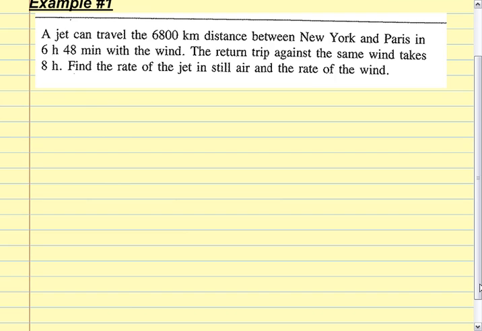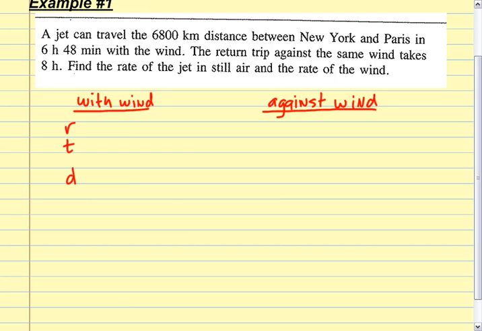Okay, so let's do this. Here we go, with wind and against wind. Remember, these distance problems always give us two things: up the hill, down the hill, two things going in opposite directions, whatever. Always two things. Rate, time, and then distance. So with the wind,